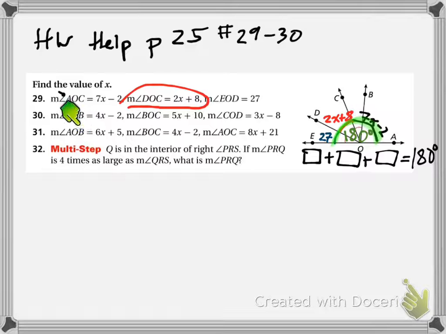Like I was saying in class, no two problems are going to be alike, and you can't say that you just need to memorize the recipe for how to do these types of problems. You have to make sense of these problems, and you have to persevere through the problem solving. So 29, I pretty much told you how to do down here. 30, just double check me on this, but I'm pretty sure that's kind of the same concept. Got AOB, BOC, and then COD,